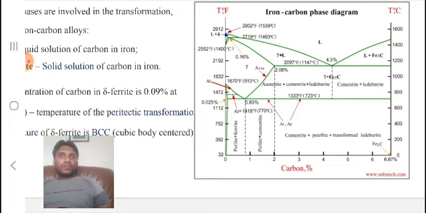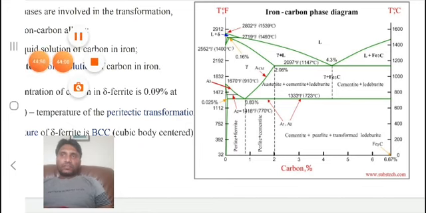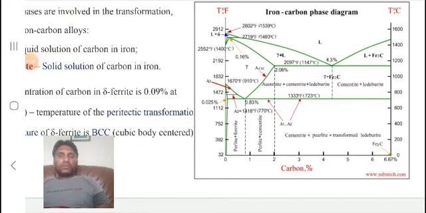These are the only phases present. At 0.8% carbon is the eutectoid reaction, at 4.3% carbon it is the eutectic reaction, and at 0.18% it is the peritectic reaction. These are the only points that are to be remembered very thoroughly,